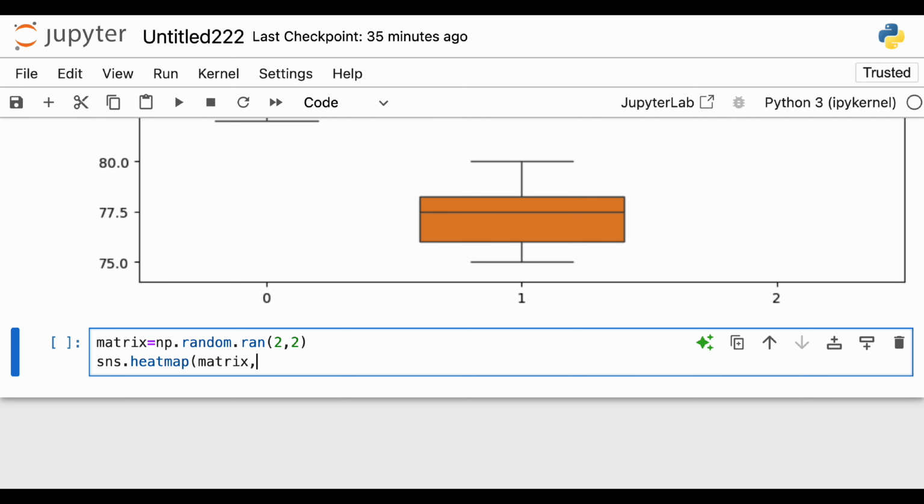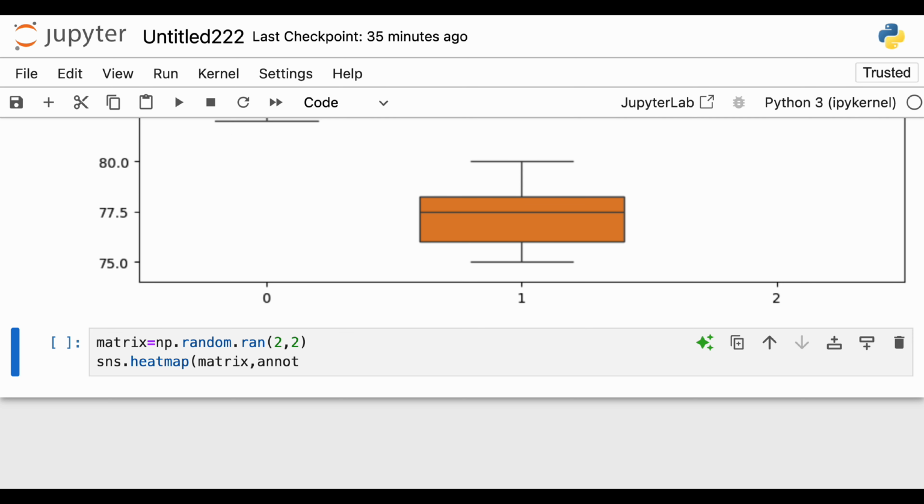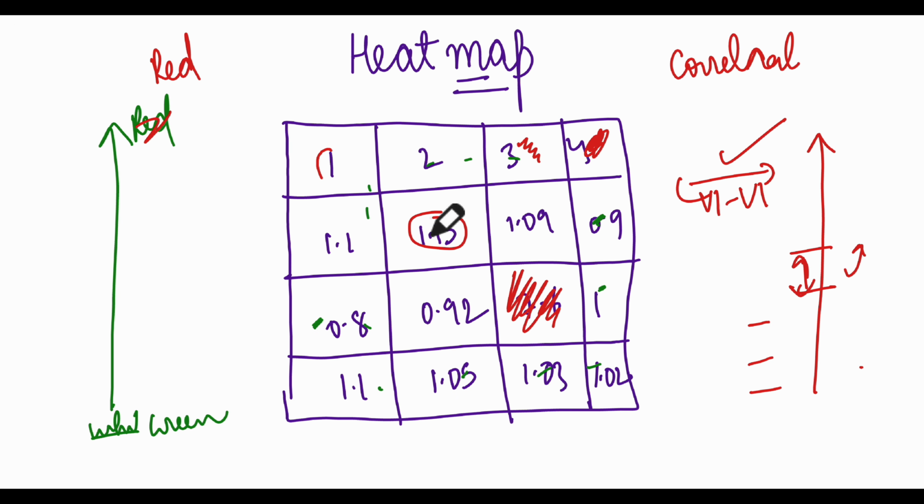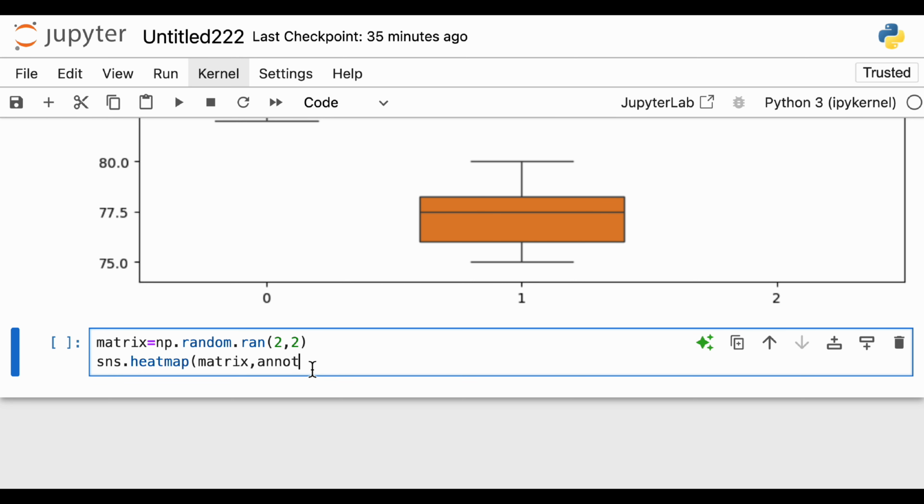Then annotation. Annotation means you want to place the value of the cell in that particular map. For example, what is this value? If you write this value, it means you are saying annotation yes. So annotation equal to true. If you put it false, it will only show color, not the value. And then there are multiple color palettes. I'm using coolwarm. There are a lot of them, and we will see a lot of color palettes later in the course. So this is a simple